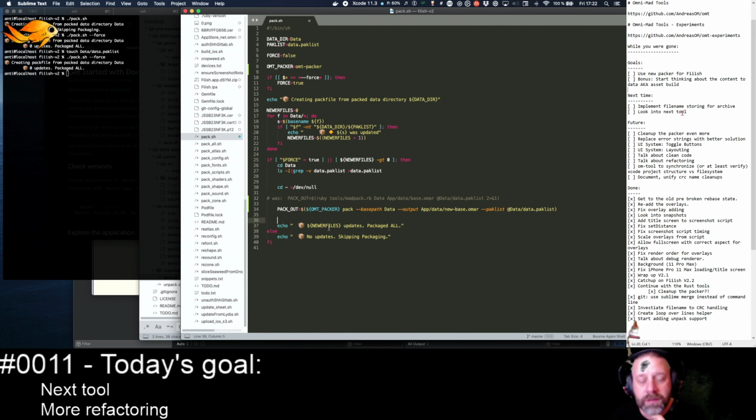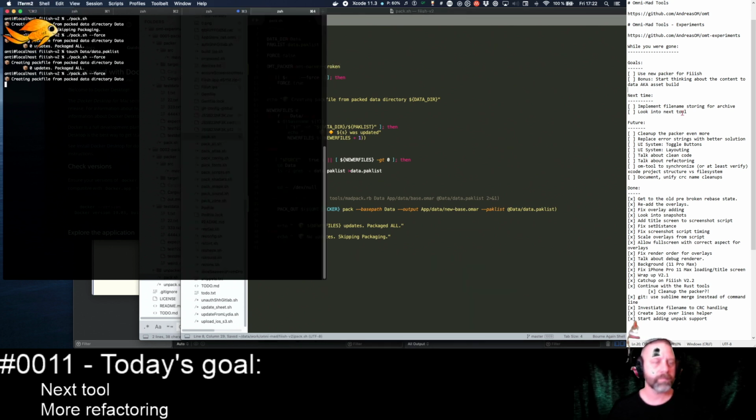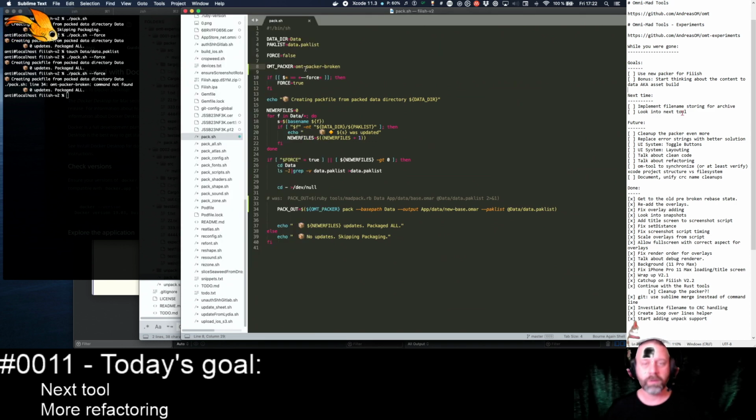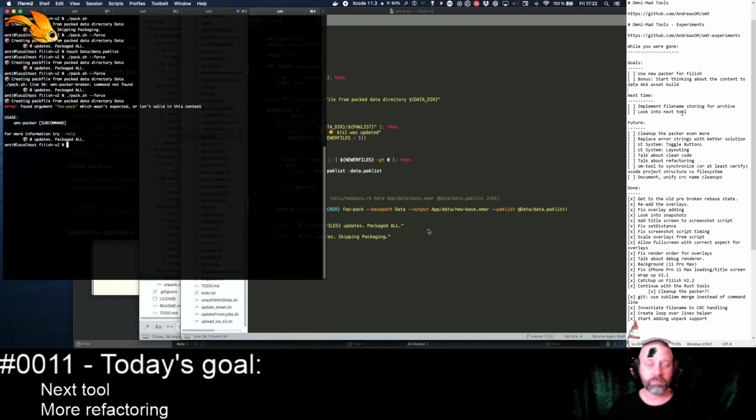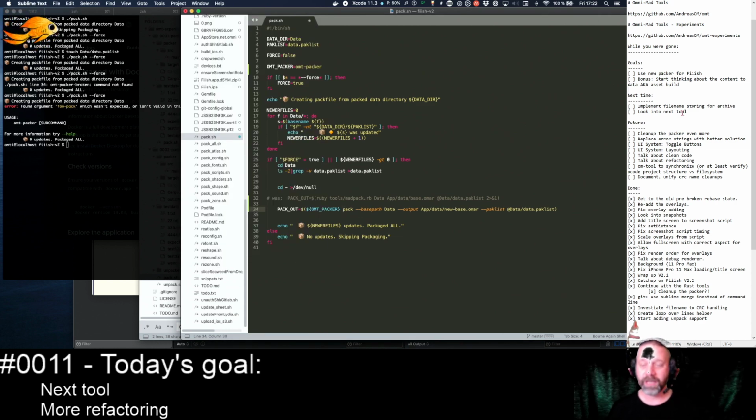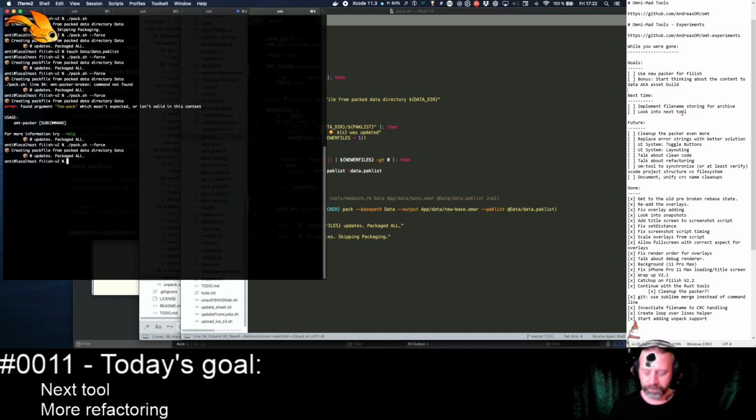Zero updates. Is this calling this at all? Okay. Oh, let's try something different. Is it actually packing so fast that... ls app data? It's so fast that, yeah, so